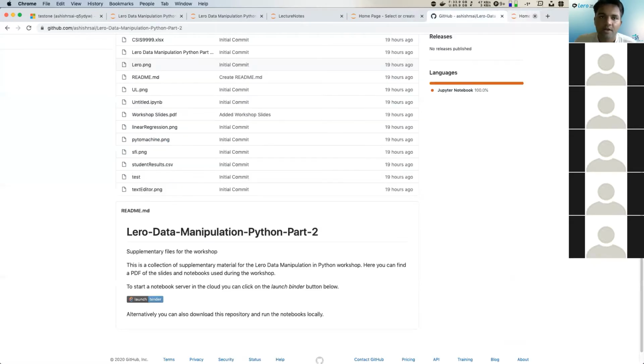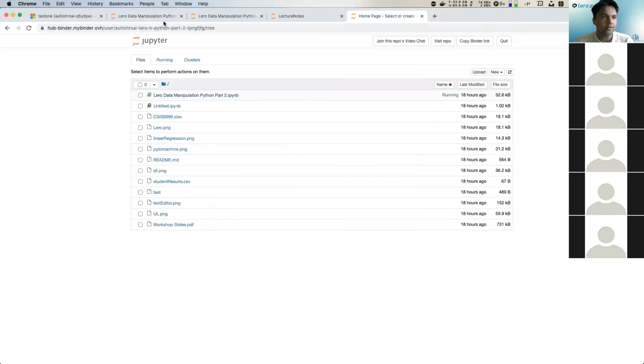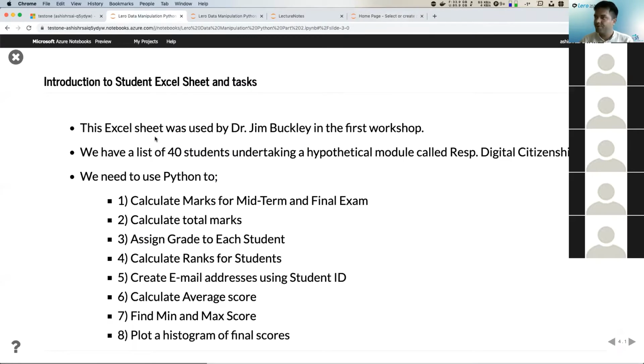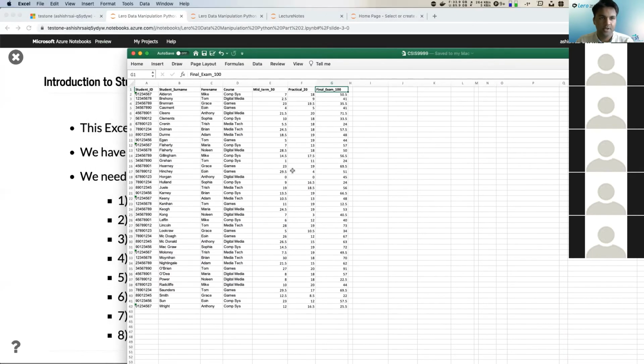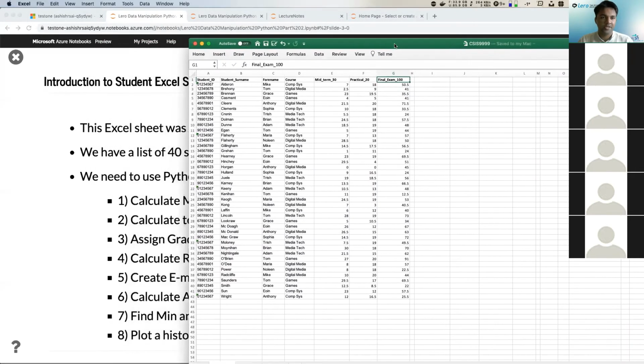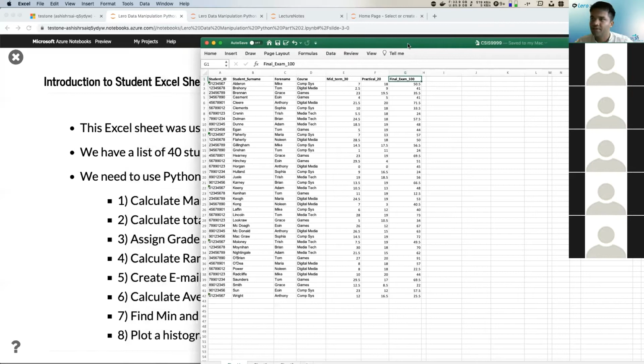Okay, getting back to a lecture. All right. So introduction to student Excel sheet. So I have two Excel sheets. This is first one. So this is a fictitious example, let's say this is a code for,